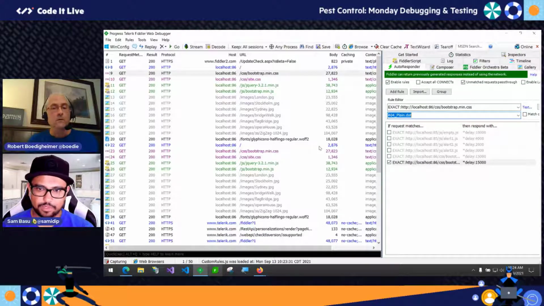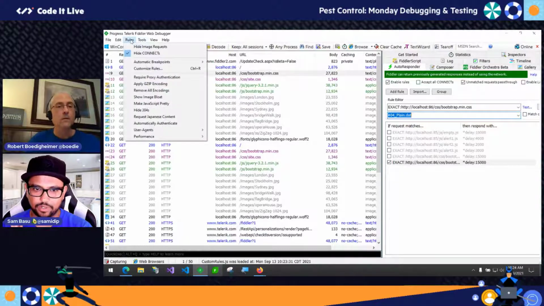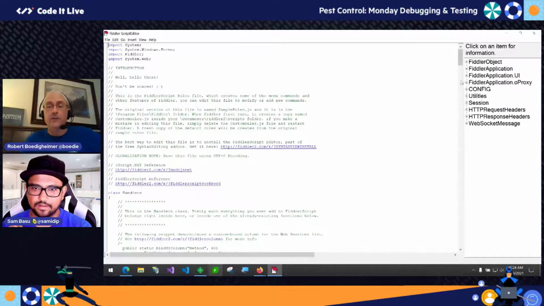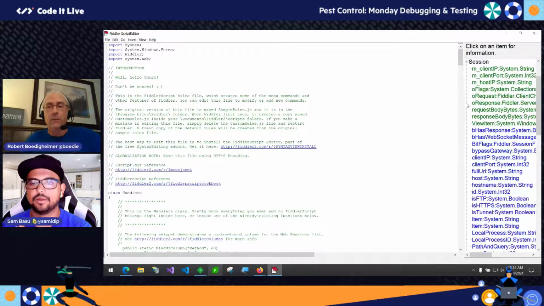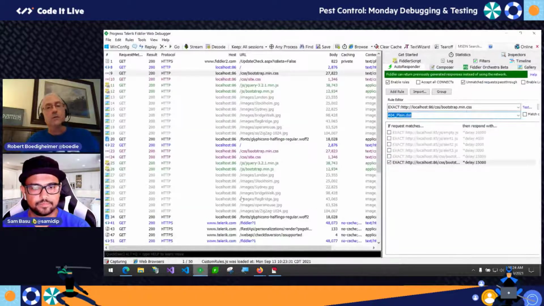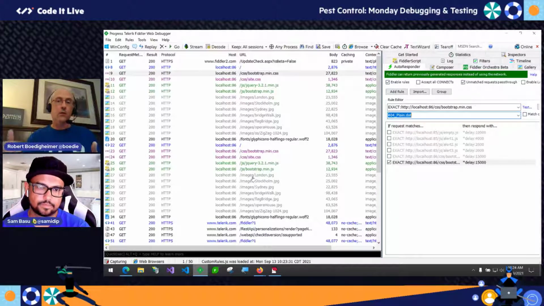On the script, what are those things on the right where you could drill in? So on the right, I believe that's documentation on the objects I have available. Oh, I see. Okay. And it has IntelliSense. So as I'm typing, it's also giving me details about what's in that session object. What could I modify? I could change colors. So there's a lot of things you can do to modify how things look. I'm more interested in programmatically changing either requests going to the server or responses coming back and seeing what happens, if that makes sense. Yeah, absolutely.